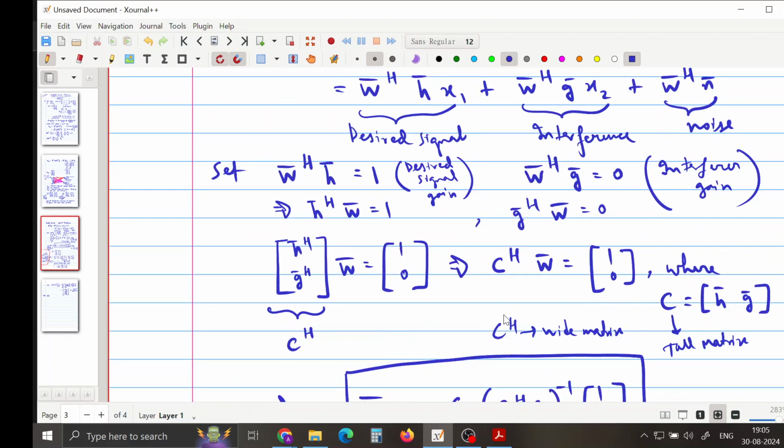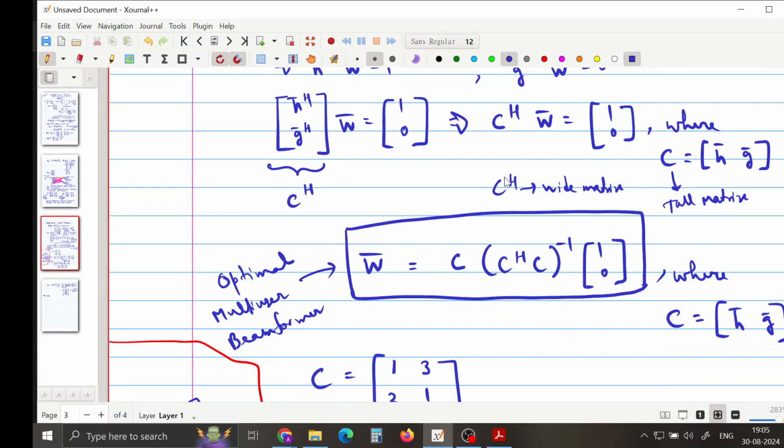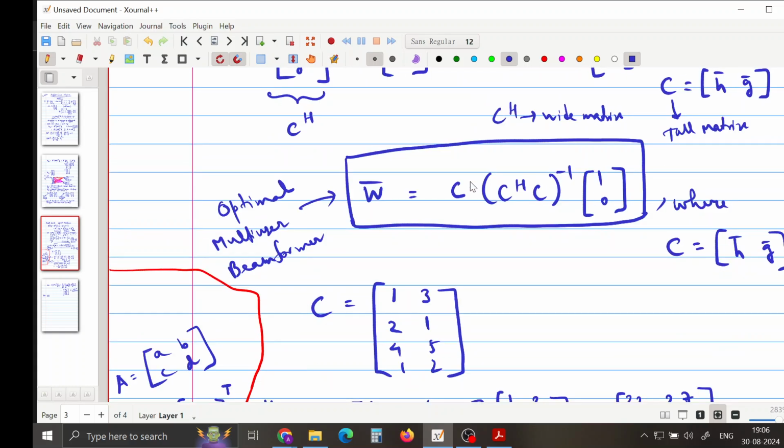And the beamformer, what it does is it sets the gain, right? It maximizes the desired signal gain, it sets it to 1, it minimizes or suppresses the interferer gain, sets it to 0, and then we form a system of equations where the solution is given by the least norm solution, right? Because the C Hermitian matrix appears to be a wide matrix, and the least norm solution, so whatever optimal multi-user beamformer solution I have written in the box is obtained by the least norm solution,